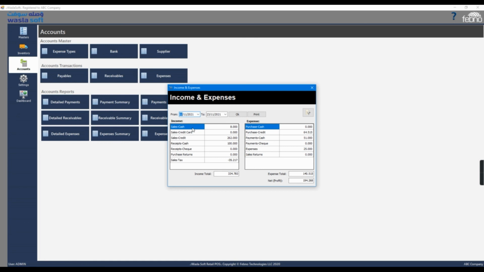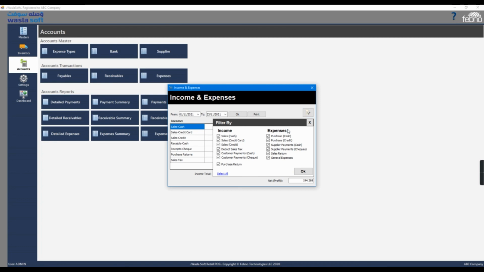It will show on the left side income, and on the right side expenses. Like this detailed report it will show you. It will show sales cash, sales credit card, sales credit, receipts cash, receipts check, purchase return, sales tax, that will come in the income side, and in the expense side purchase by cash, credit, and also you can filter which all